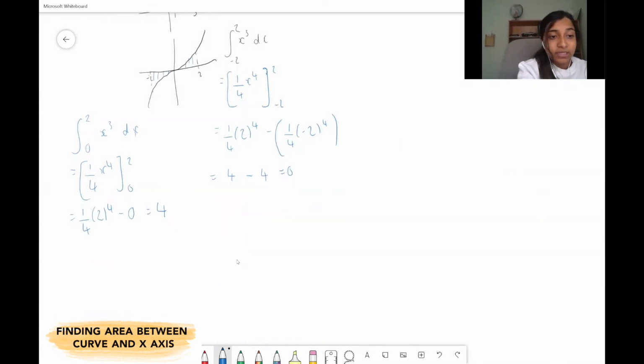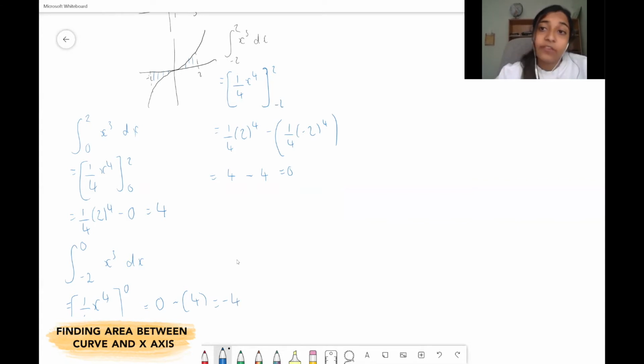And you also want to do between 0 and minus 2. So you want to split it up. So you're going to split up your positive bit and your negative bit. And if you do that, you'd get a quarter x to the power 4 again, between 0 and minus 2. That would just be 0 minus, if you plug in minus 2, you'd get minus 4, so that's just minus